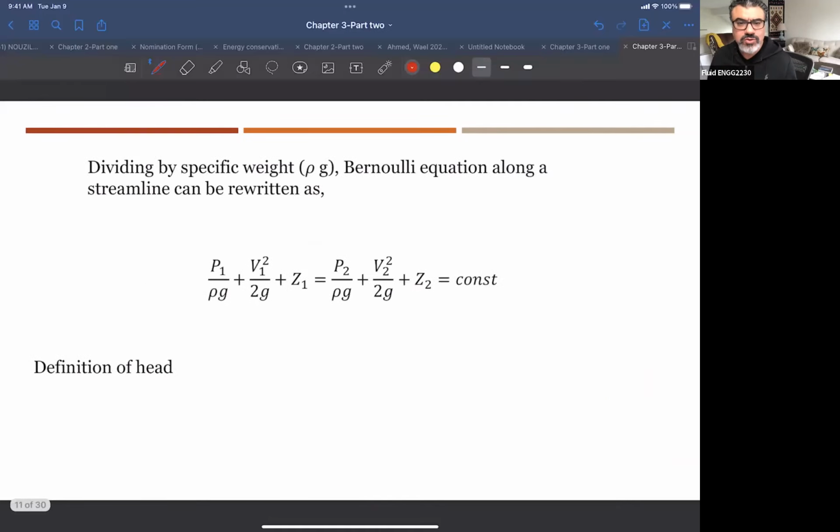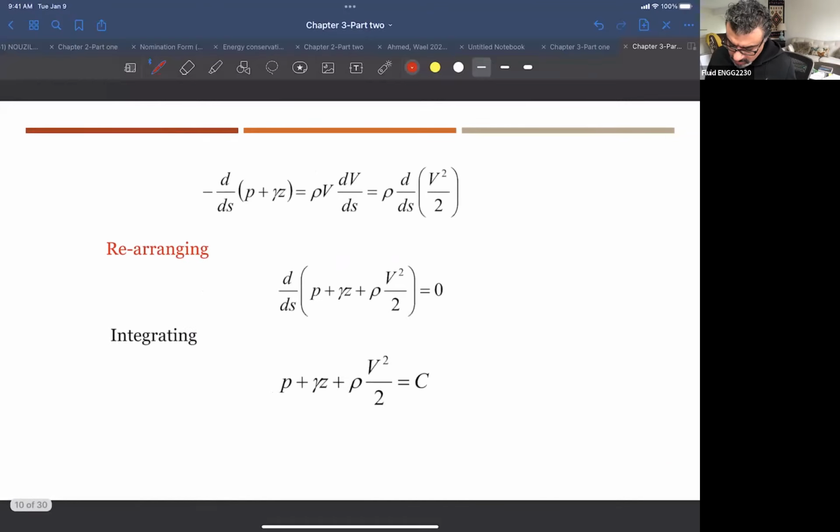Again, I'm going through what Euler developed. This is how we come up with the analysis of the pressure forces and the change of momentum or the acceleration along a distance L, or along the path S in general. So you will see here that d by ds of the pressure plus gamma z